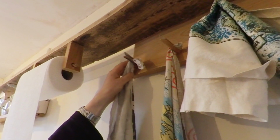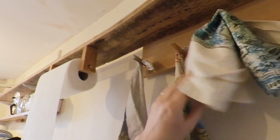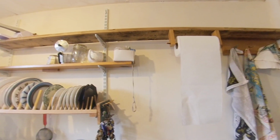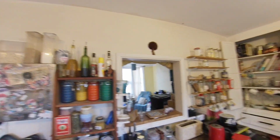Here's my little peg hanger, just a plank of wood with some wooden pegs pushed through and glued, and good for hanging up those. Once you don't want it anymore, you can burn it or whatever. More shelves. Trouble with having too many shelves is you get too much stuff on them. So don't do too many shelves because you end up with just stuff filling everything unless you've got very good